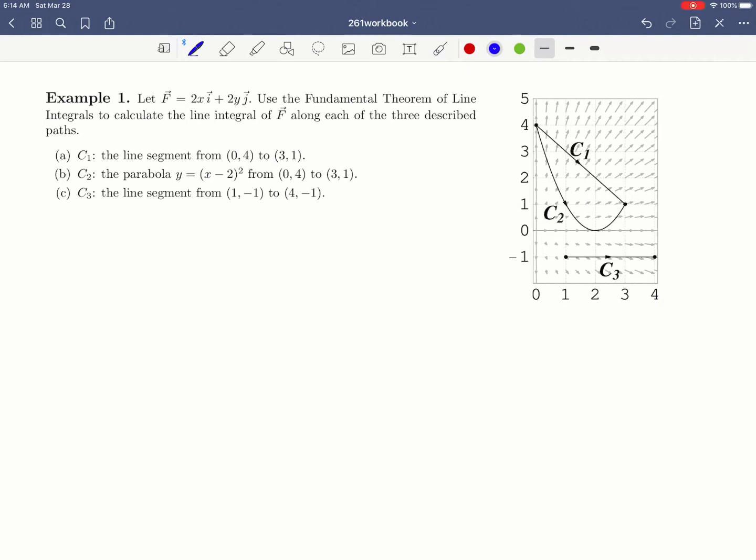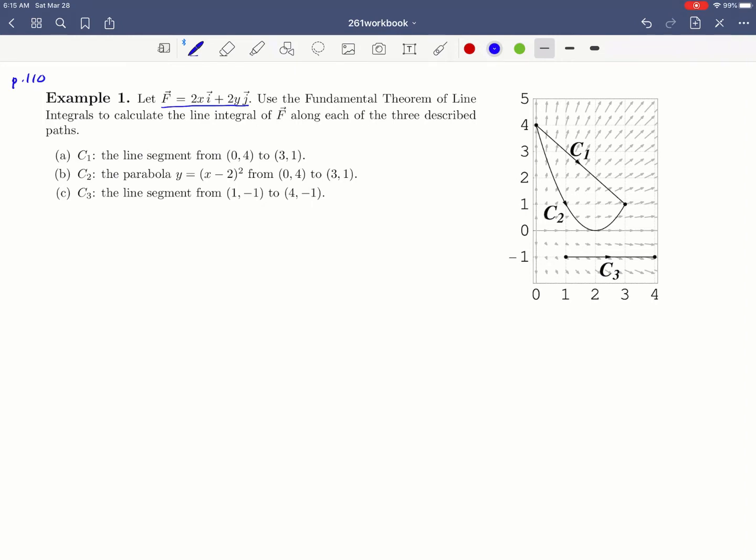Welcome back, everybody. We are looking at example 1 on page 110 of the workbook. Let's read this together. They're giving us a vector field f, 2x i plus 2y j. And they're asking us to use the fundamental theorem of line integrals to calculate line integrals along a series